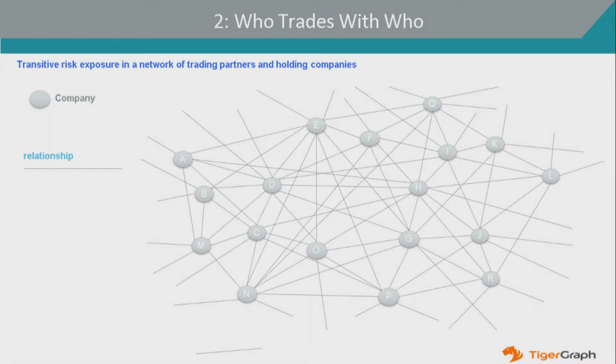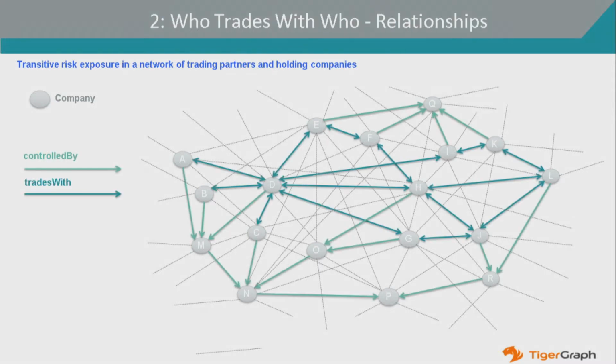Boy. So if you could see that, what you would see is a grayed out network of companies and relationships, basically a knowledge graph, okay? And if we look at the relationships that matter, who is controlled by and trades with in that network, this would be like looking at a knowledge graph and picking out the relationships that you want to traverse in the PageRank. The controlled by relationships and the trades by relationships.